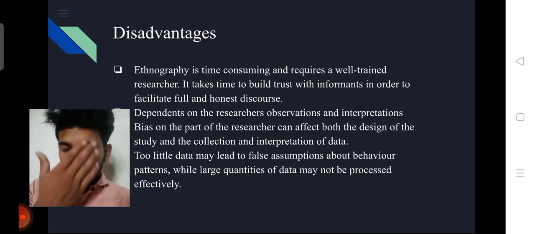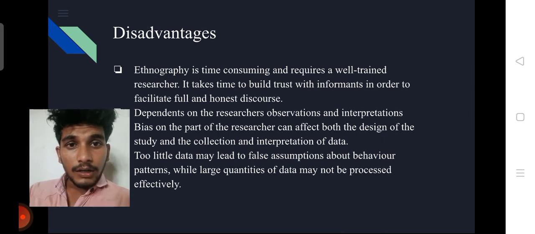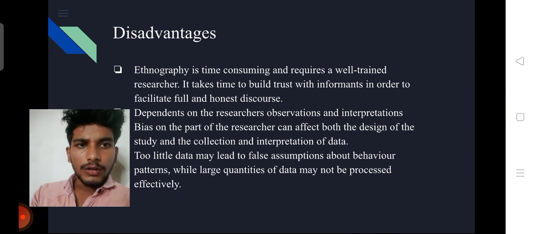And sometimes bias may be created by the researchers that can affect both the study and design of the study and collection and interpretation of data also. And little data may create false assumptions, while large data may not be processed effectively. So those are the disadvantages of